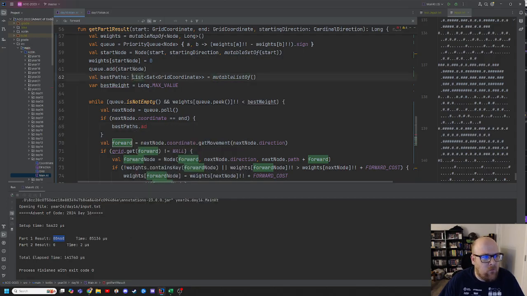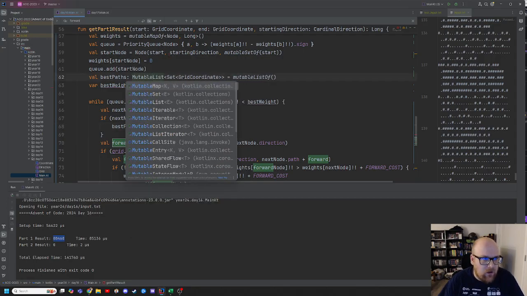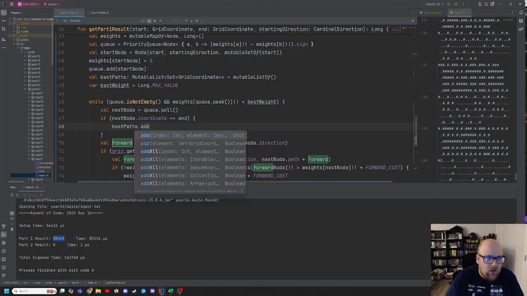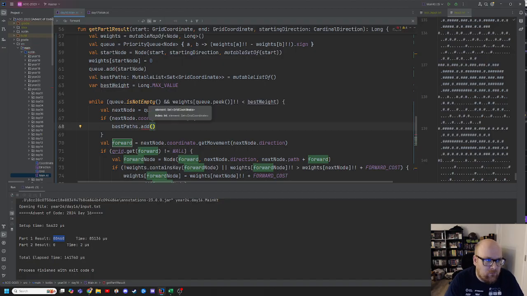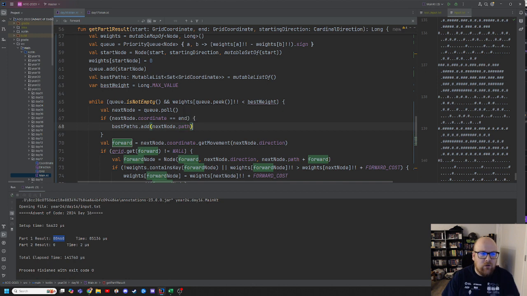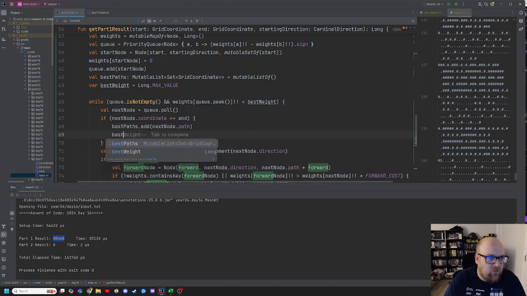Oh right, that's paths dot add, and it's going to be dot path plus end because we've reached the end. Now the end is already included in the path. Next node dot path